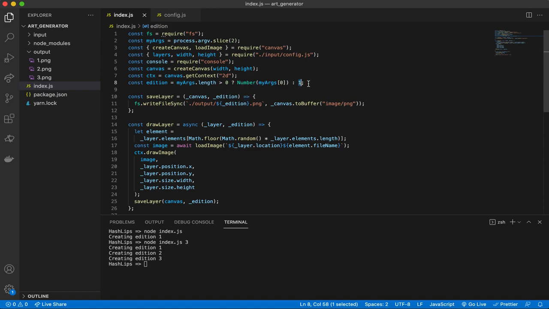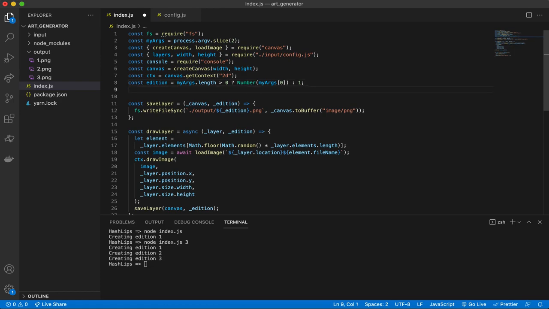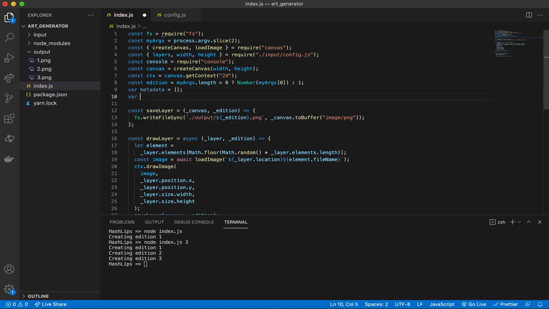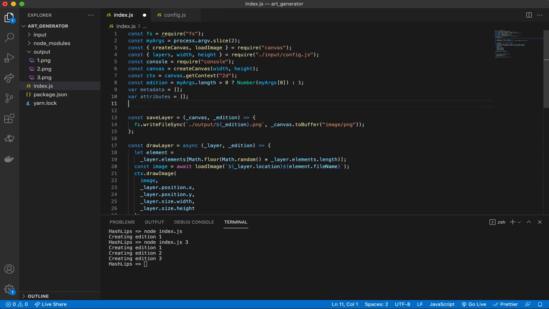The second thing is that we need a few extra parameters here when we want to actually deal with the metadata. So what I'm going to do is use var metadata. So I'm going to create a metadata, which is going to be an array. We're also going to have attributes equal to an array, and we're going to have a hash, because what we actually want to do with the hash is get the elements and the layers in a hash,